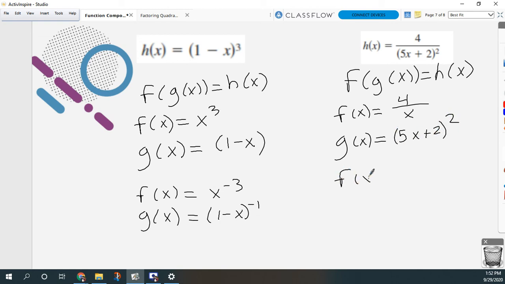We could also take f of x, let that be 4 divided by x squared, then g of x would just be 5x plus 2. We can also throw in some negatives or fractions and things like that, but those are probably going to be the two more straightforward ones. So again, I'm probably just going to ask for like 1 or 2 examples. And so as long as we don't use that identity function, then we're